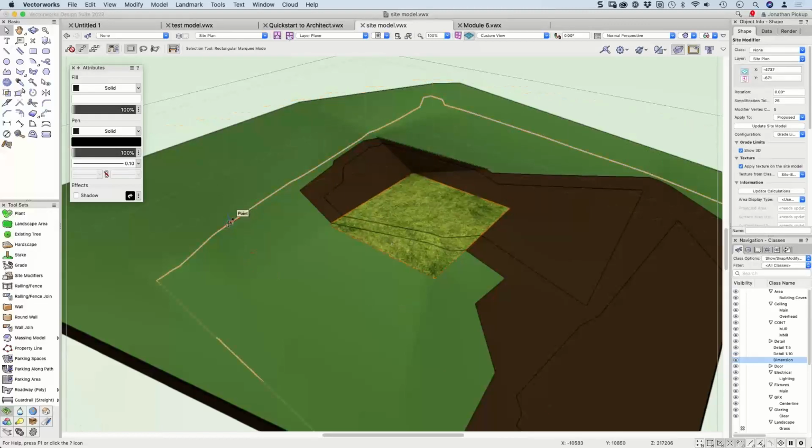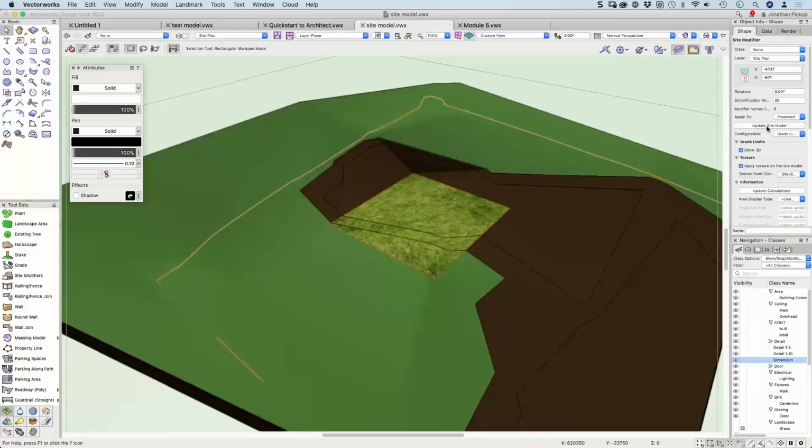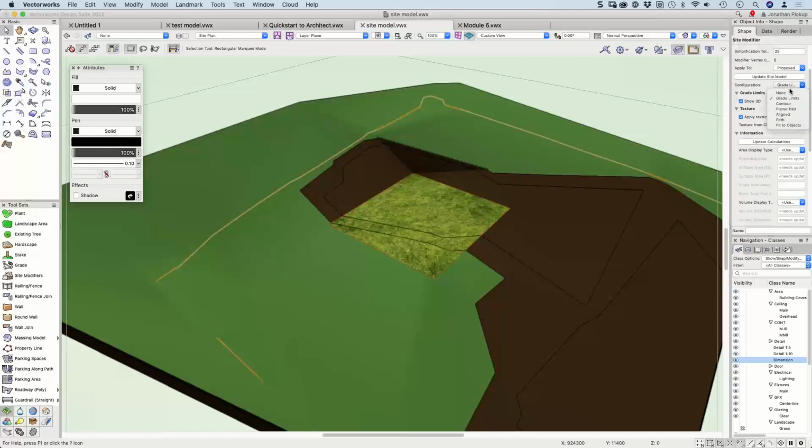This object here is my site modifier. What type is it? It's a grade limits. It's got no texture, has it? So I'm going to apply a texture, which is my boundary texture. And let's update my site model. And I think I've applied this to, what have I done? To grade limits,